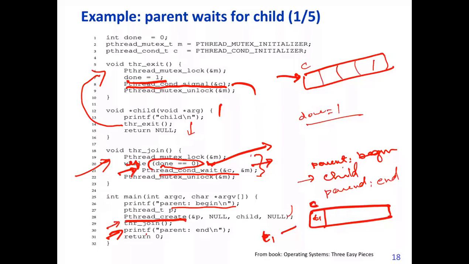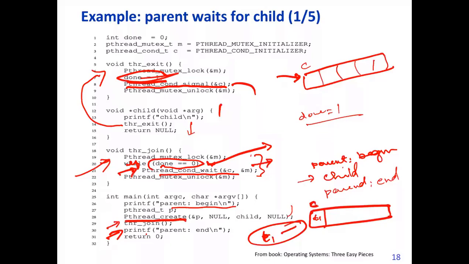Now what is the logic to put itself into sleep? Not every time does it have to go to sleep. The logic comes from the statement before that, done. If the child has already executed, then don't put it to sleep. If the child has not completed execution, then put yourself to sleep. So that logic comes from this done. The simple operation of putting itself to sleep and waking a sleeping thread does not solve the problem, right? There has to be certain logic around it, why, when to put and when to remove it.